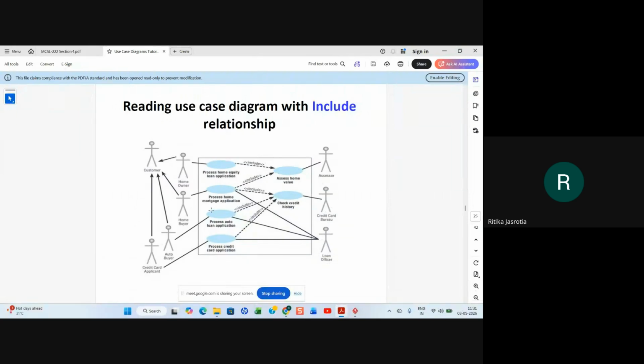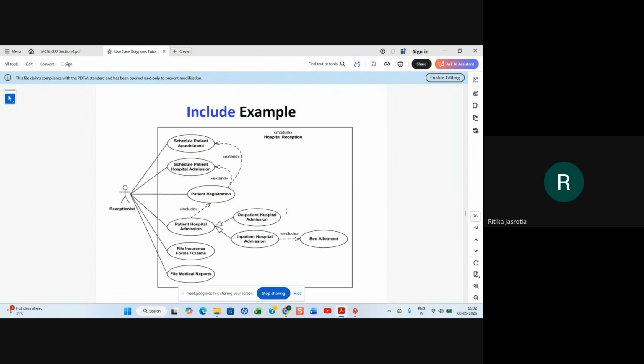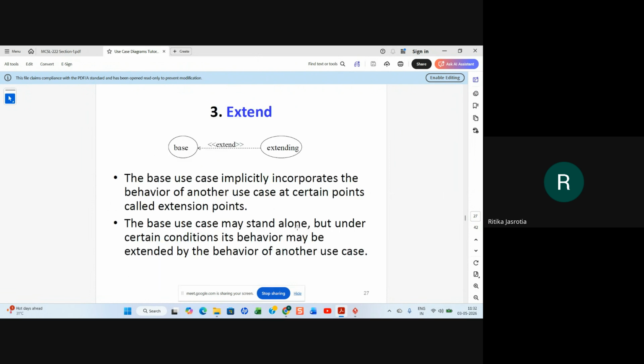Then process home mortgage application will include check credit history, and process auto loan application will also include check credit history, and process credit card application will also include check credit history, right? And the loan officer will process the home application. So that is what they have shown. This is include, right? They have again given you the same example which was there.